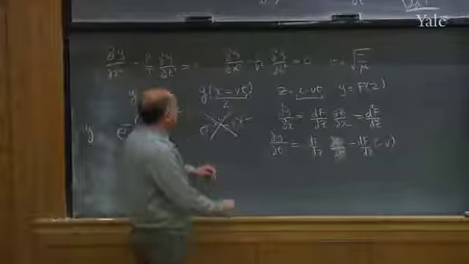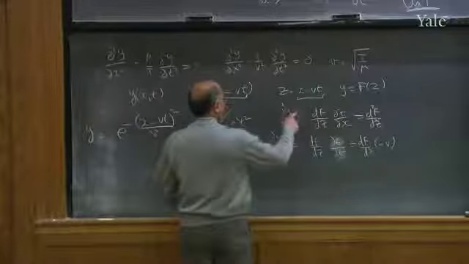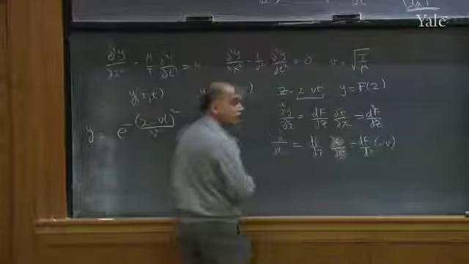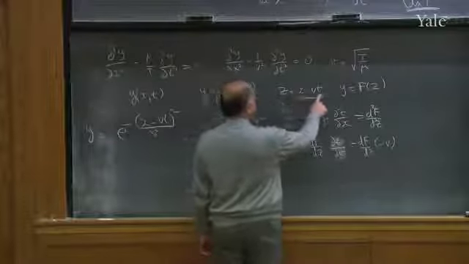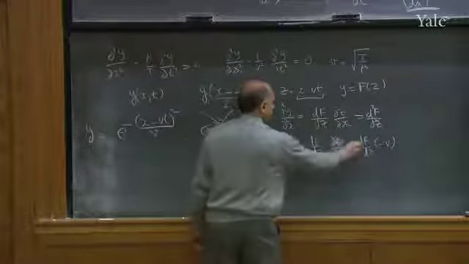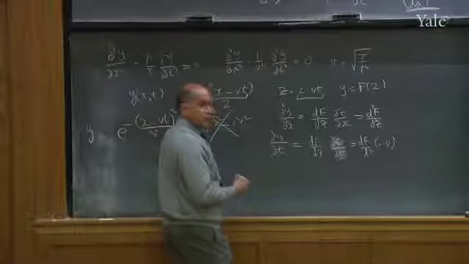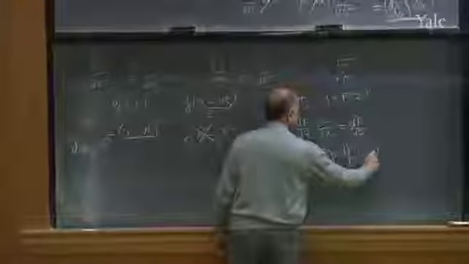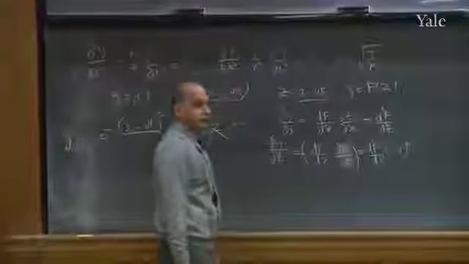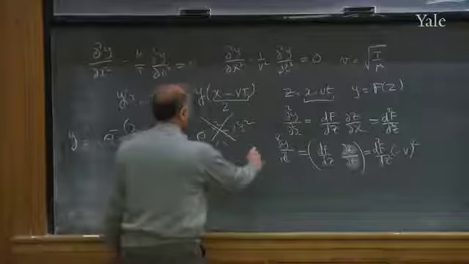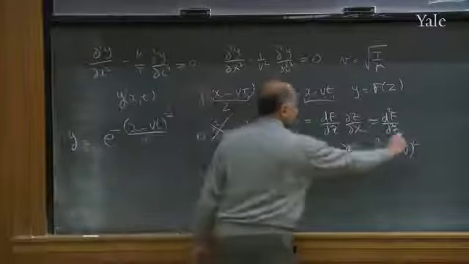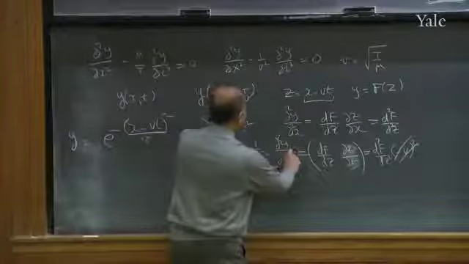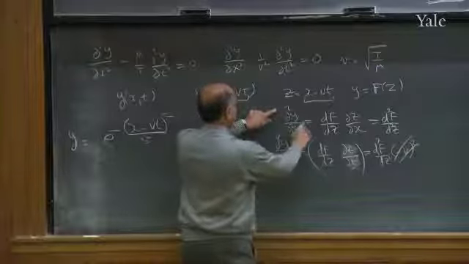Can you see that? By the chain rule, you take any function you have, first differentiate with respect to z, then differentiate z with respect to x or with respect to t. If you do an x derivative, you get 1. If you do a t derivative, you get minus v. Now, if I do it twice, I'm going to skip the intermediate step. I'll get a minus v and a minus v squared. It follows then that if I took 1 over v squared times that, can you see that now? 1 over v squared d squared y dt squared is the same as d squared y dx squared.